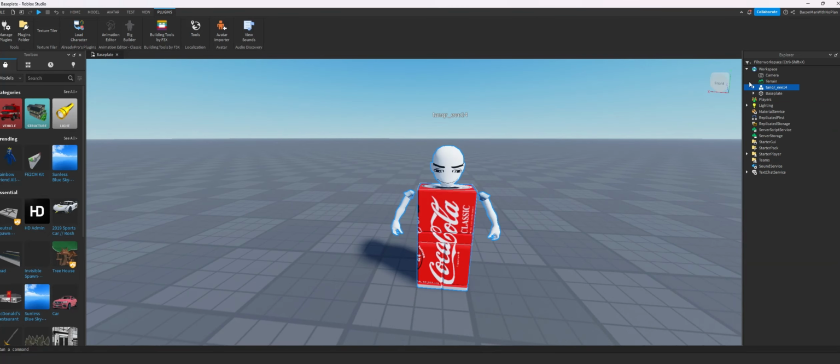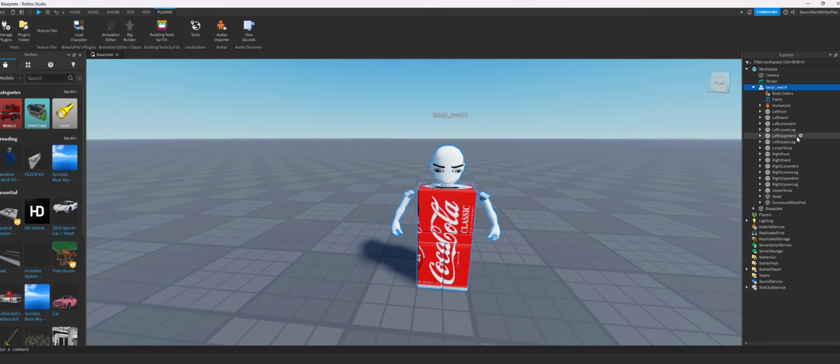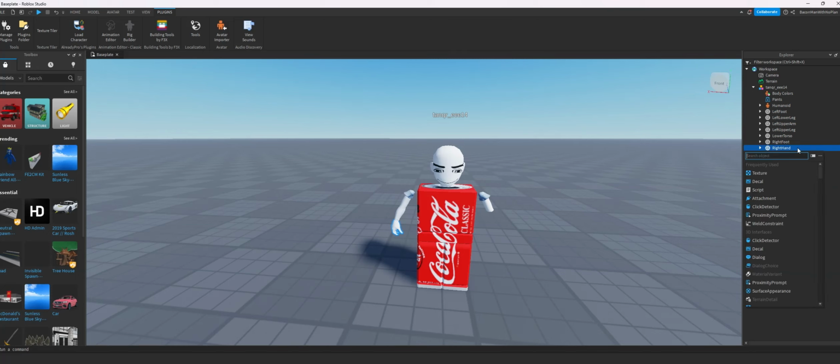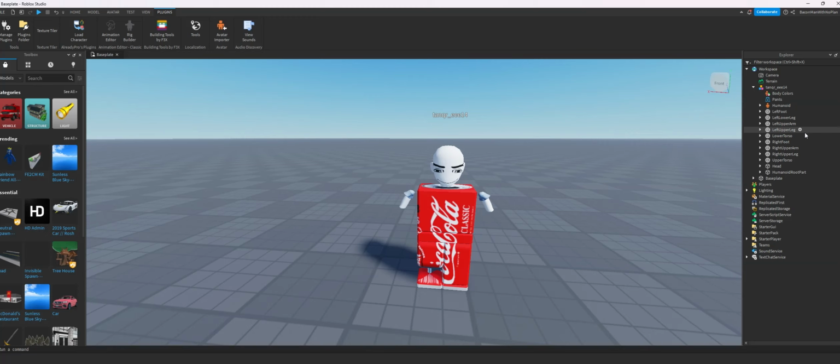So once we have this, I'm gonna take off the arms because I don't like them. If you want to delete the arms, just click this little button and then delete the upper arm, the lower arm, and the hand. Alright, so